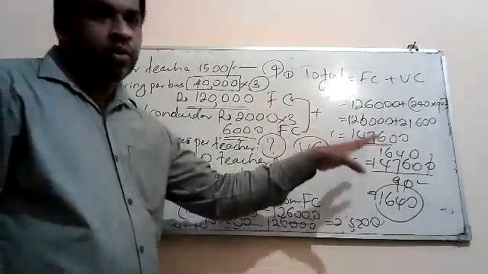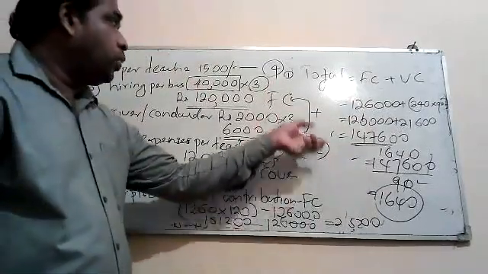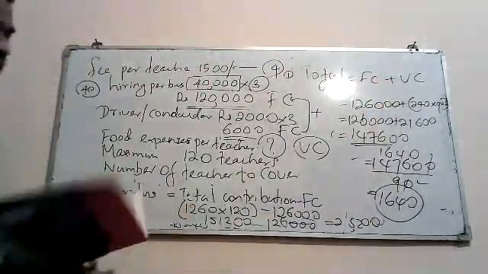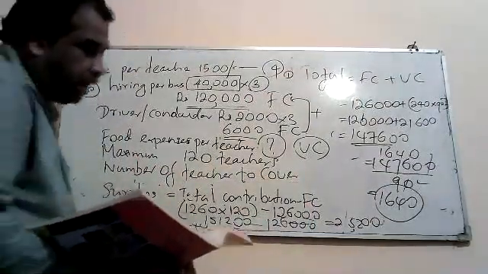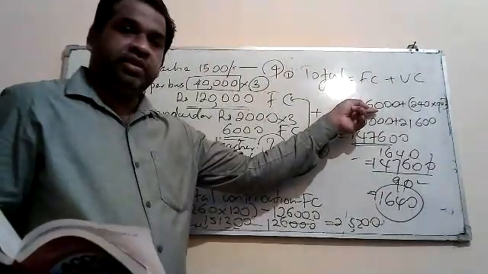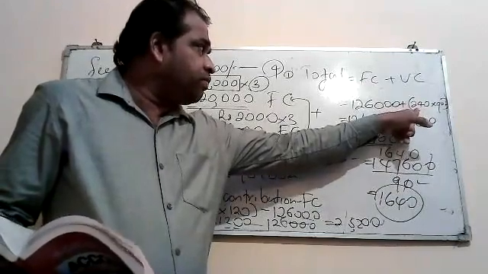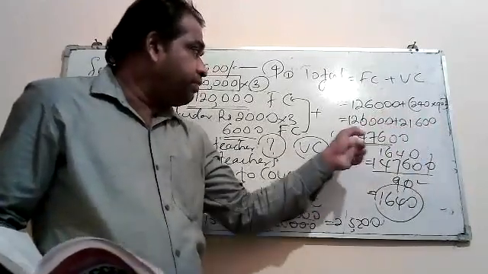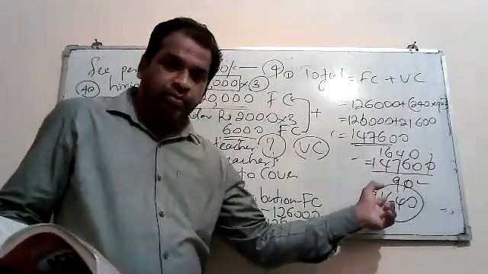Or if you know the revenue, then again you can divide total revenue by number of teachers, but here we don't know. Therefore, we go to total cost, that is fixed cost and variable cost. Already we have calculated fixed cost, that is hiring charges and assistants and driver charge. Then, as you know, replacement expenses per teacher, we multiply by number of teachers, then we take the cost total. Then we add these two, then we take total cost. Then when we divide total cost by number of teachers, we take the amount to be charged per teacher,